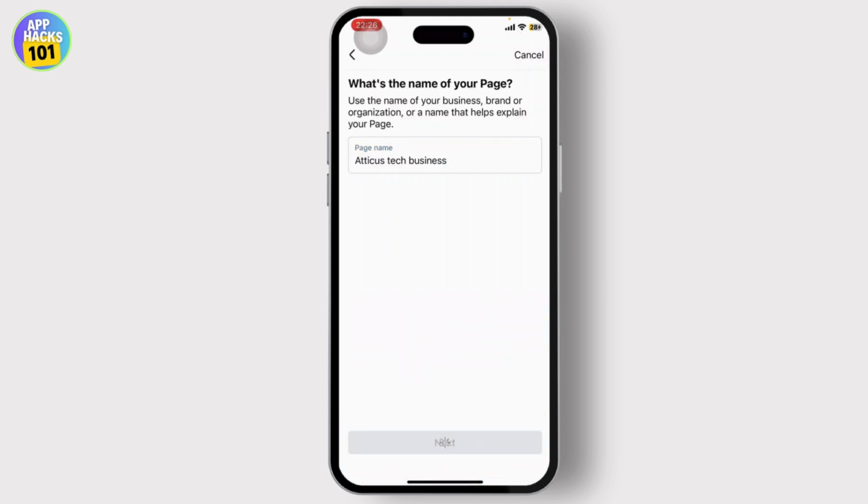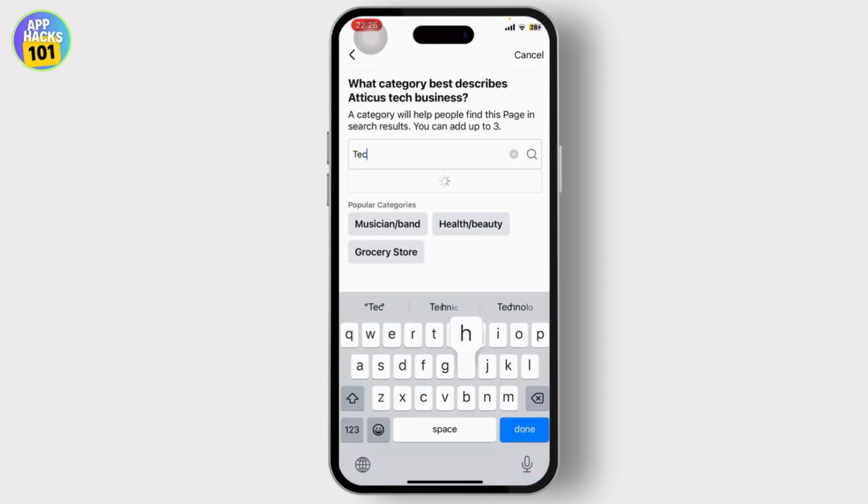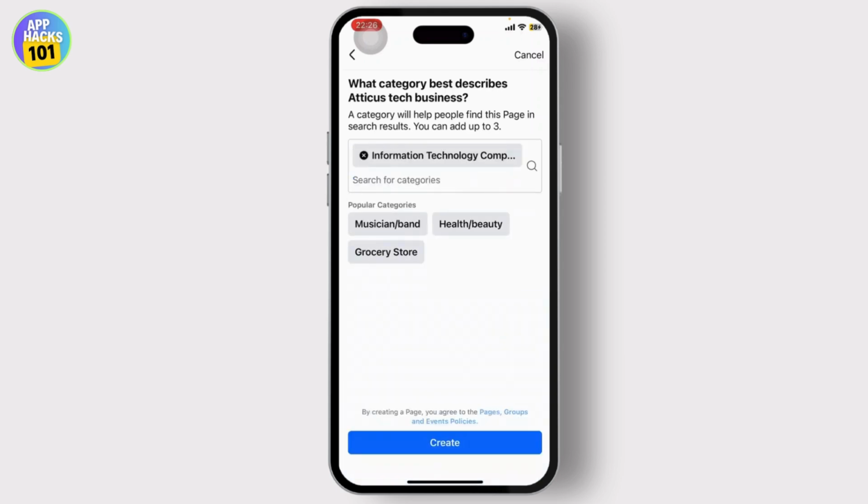And after you've done that, tap on done and tap on next. So right here you can just search for a category, and after you search for a category, just select one and tap on create. Now this will basically create your business page, and after the creation is done, you can set it up as